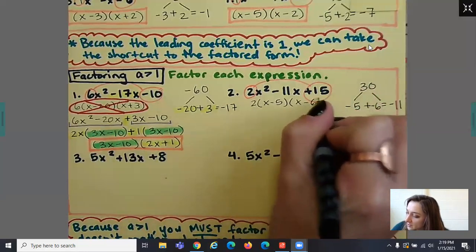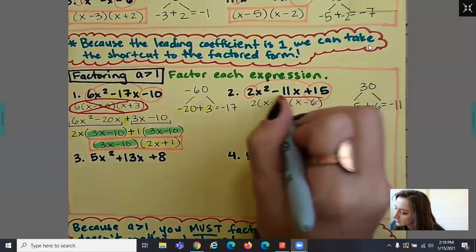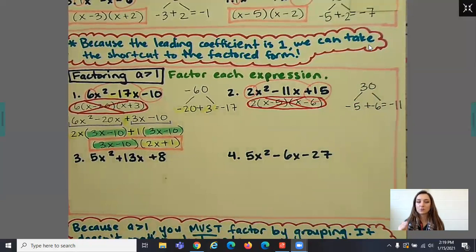This is not correct, okay? So please do not do this whenever you're working out these problems. All right, I'm going to mark through this. This is not correct. What we need to do instead is we need to rewrite -11 as -5x